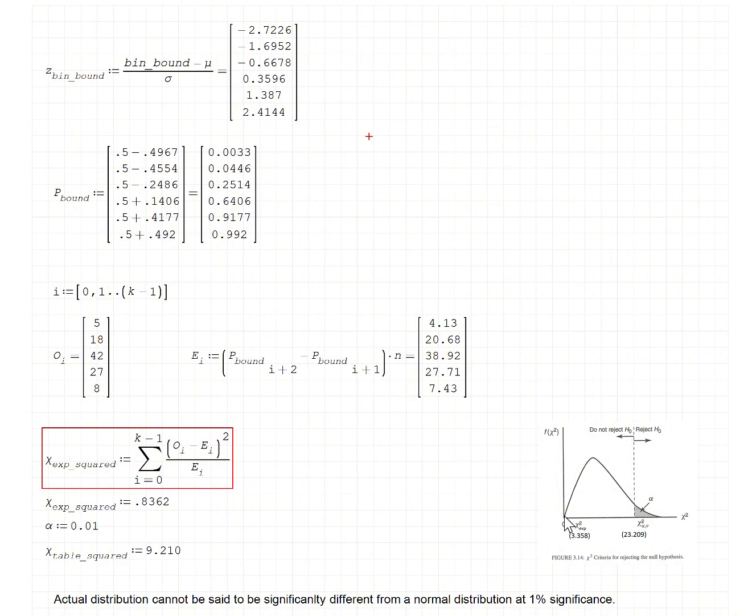And so if we have our expected, oh man, I keep saying that wrong. Our experimental chi-squared is way down here, 0.832, and our table is 9.21, so it's way up here. So we're definitely on the do not reject. And so the actual distribution cannot be said to be significantly different from a normal distribution at a 1% significance. So that means this is a pretty good fit